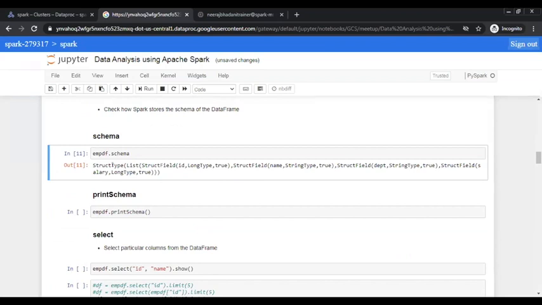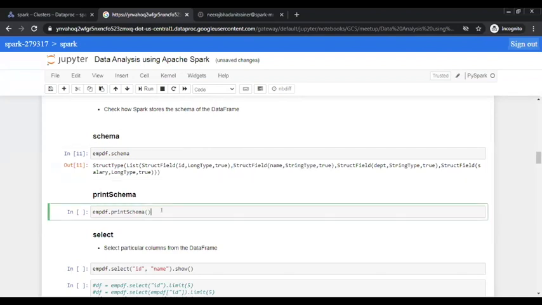Schema is a collection of attributes. So here you can say this struct type represents your schema, and since the schema is a collection of attributes, each attribute is represented by a struct field. And if you look inside the struct field, it represents the name of the column, the data type of the column, and its nullability. So this struct field represents the first column ID of type integer or long. This second struct field represents the column name of type string, and so on.